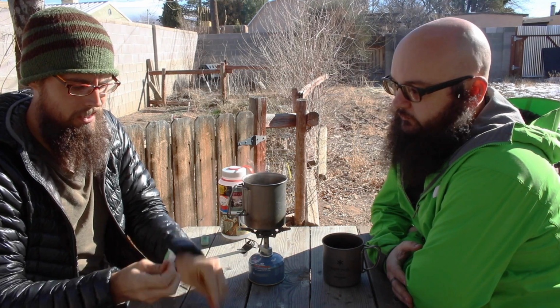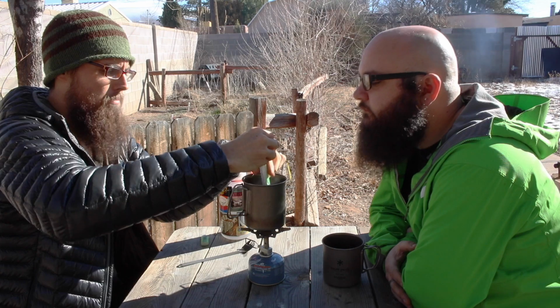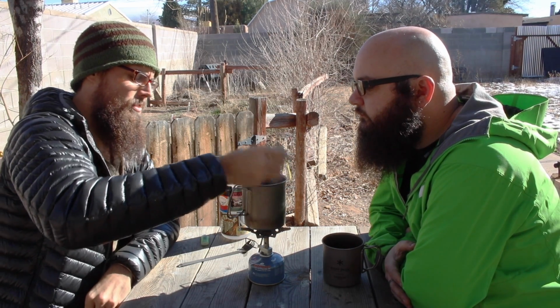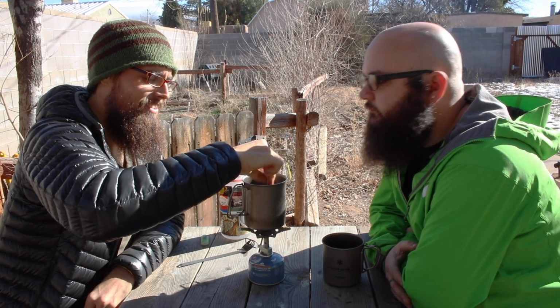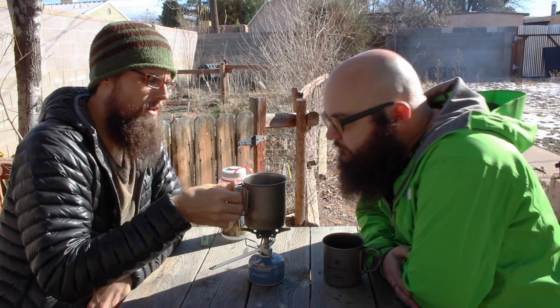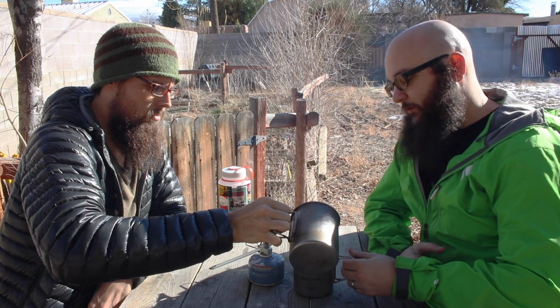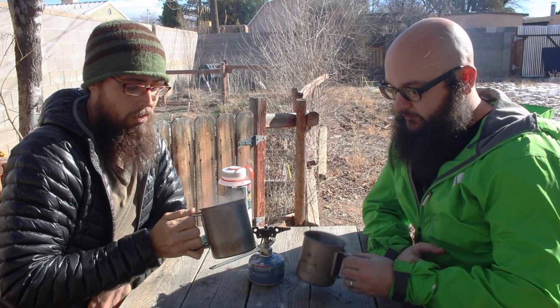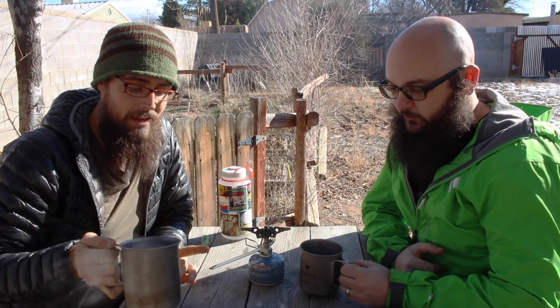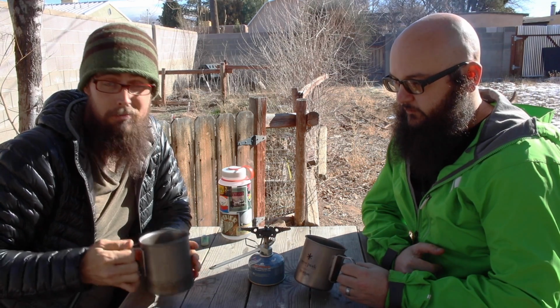We got about 12 ounces in there, so we'll try one packet. A lot finer of a powder. It's not crystals. I've heard good things about it, so we'll definitely try it out. For just one packet, that's like a coffee. Right off the bat, one packet versus our 3 packets of Folgers and Nescafe. The Folgers and Nescafe are definitely cheaper, but if you have to use 3 packets to make a cup of coffee, and this is supposed to only be 1 packet,